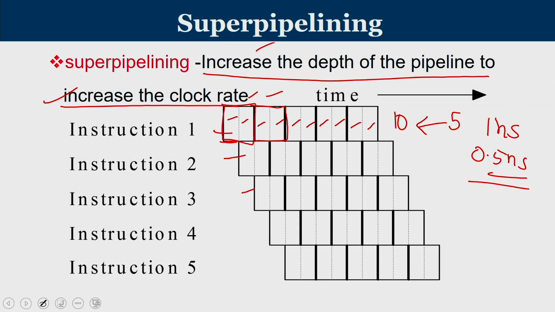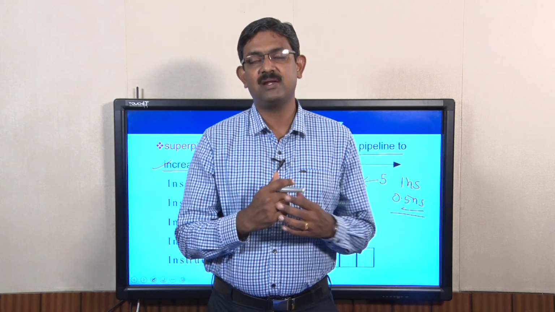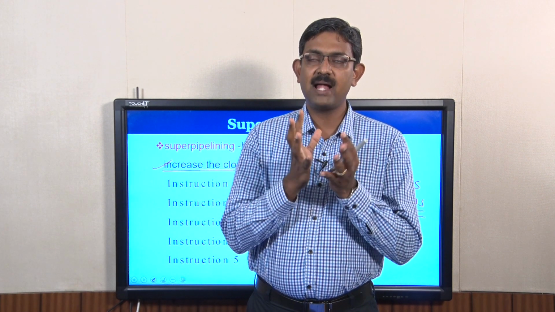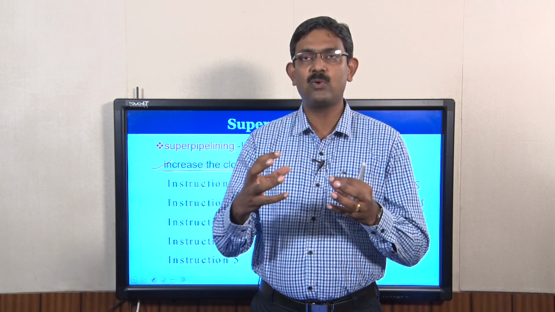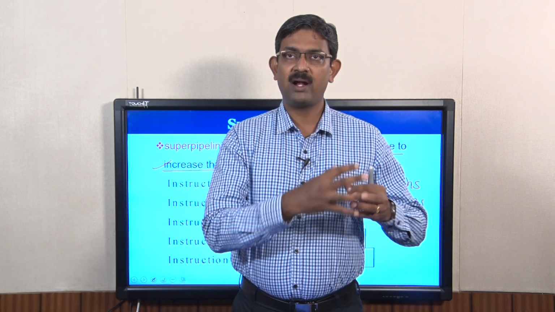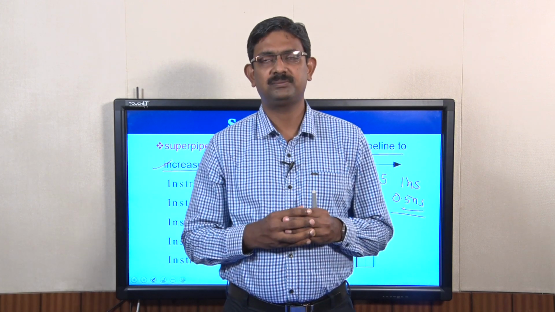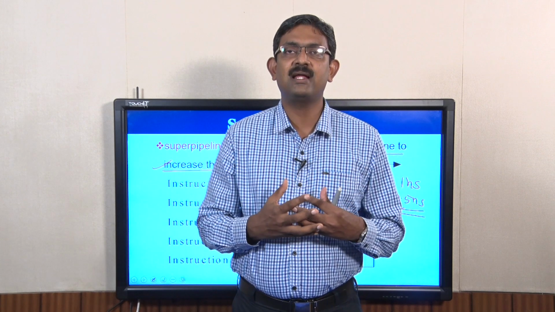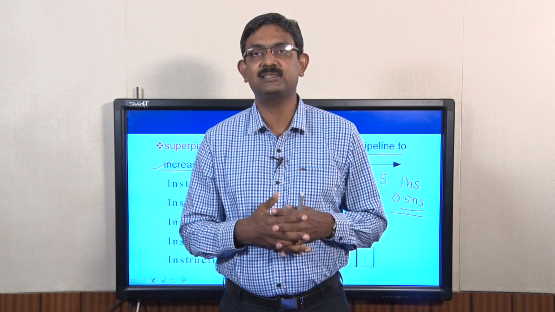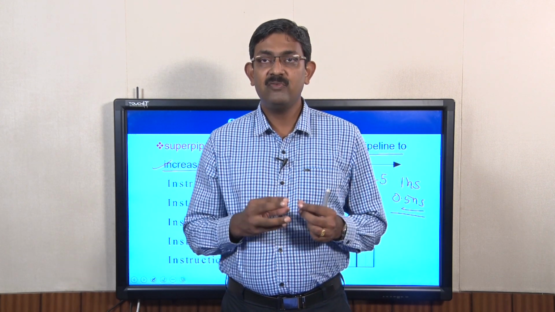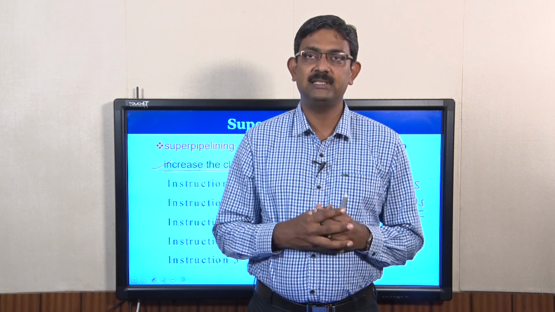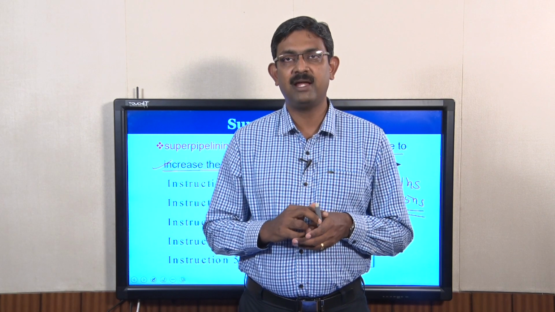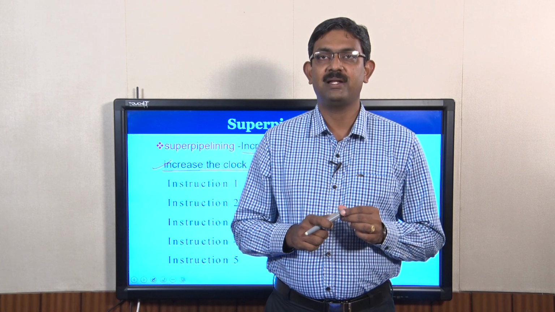Now, how can you achieve super pipelining? It is not that simple and straightforward. Whatever activity we were doing, I have to find out whether that activity can be subdivided into 2 equal sub-activities, and that needs to be done across all stages in the pipeline. So, instruction fetch essentially will be cut into 2. You just imagine like that. It is not always possible to perfectly cut an instruction pipeline into 2. But if I could subdivide all the operations in our initial pipeline into smaller sub-operations and then trigger the clock at that rate, that will lead to super pipelining.